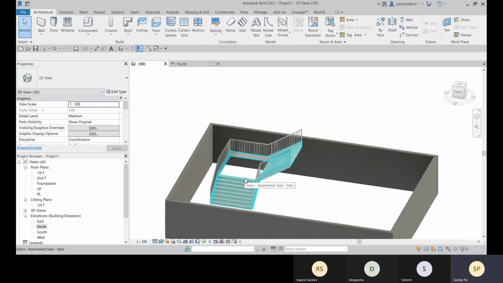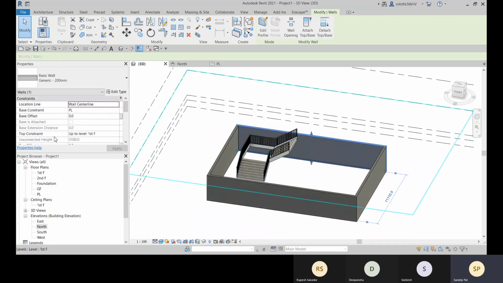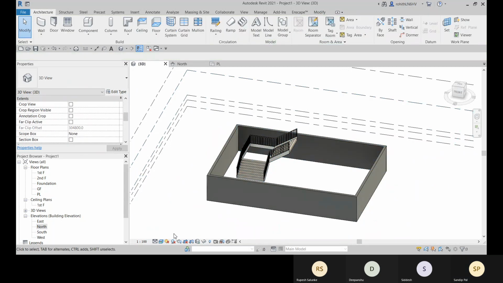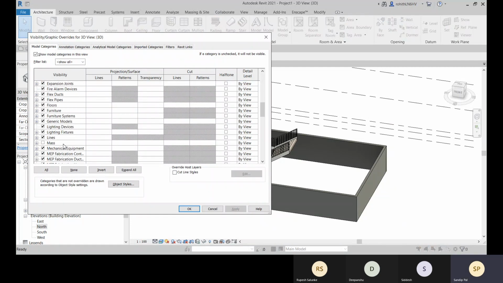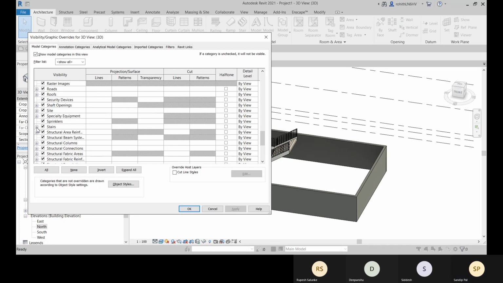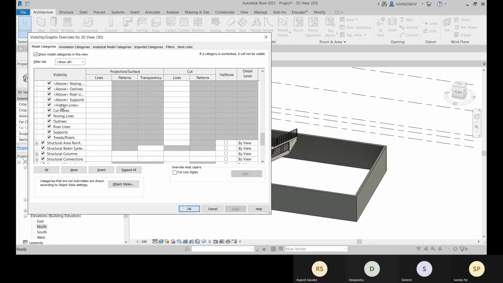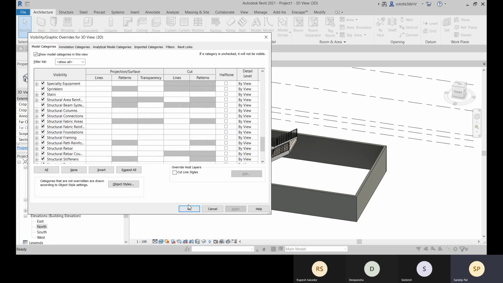The landing is not visible. I don't know why. Just a second. Let me go to the visibility graphics, VV, and over there, everything is checked.